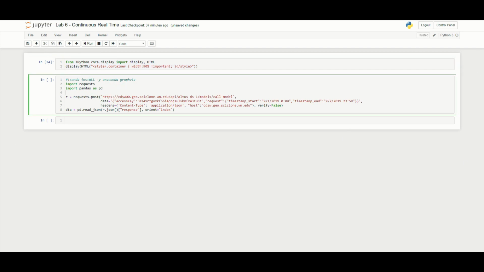code. You'll start here. The first thing that you want to do is this conda install -y anaconda graphviz. Again, I have this commented out. You'll just have to run this once. This will take a few minutes the first time you run it. But what this will allow us to do is a lot of the visualizations we'll want to do later on in this lab. So the first thing that's new here in this class is that we actually need to